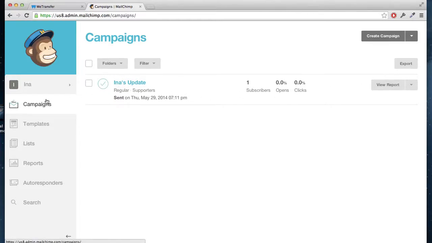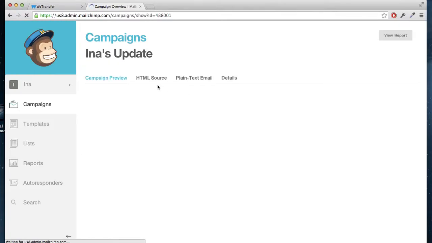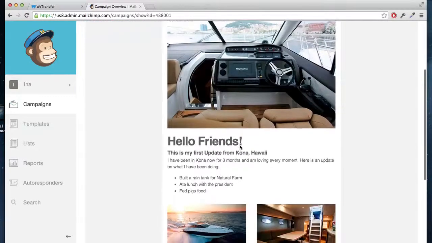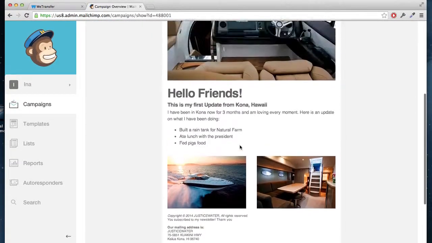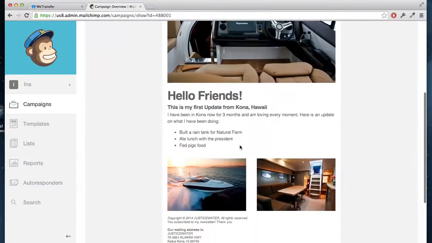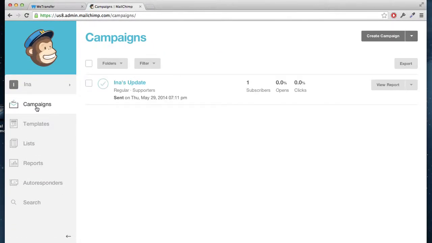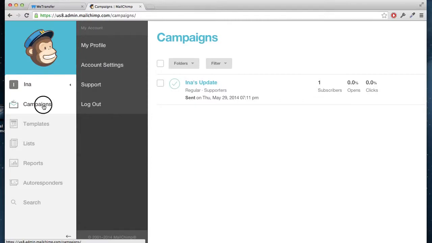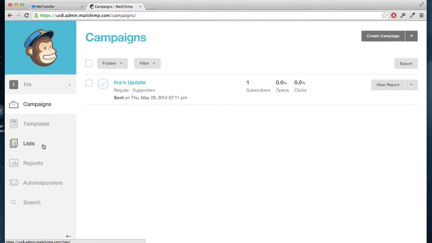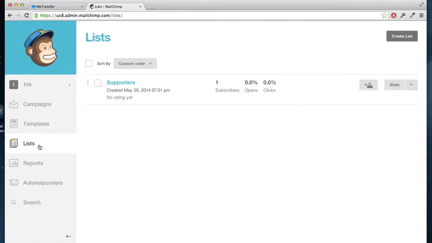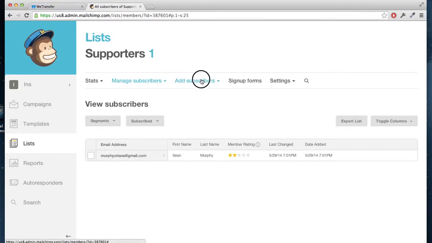So when I click on campaigns, this is already done. See, sent on May 29. Ina's update. This is what it would look like when they receive it in their email. And that's it. So again, the next time you log in, if you have more people to add to your list, this is the first place you would go. You would click on your list, add subscribers,